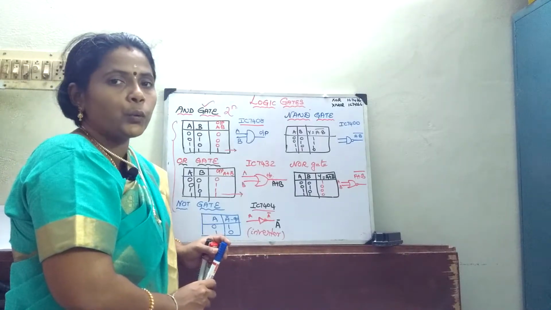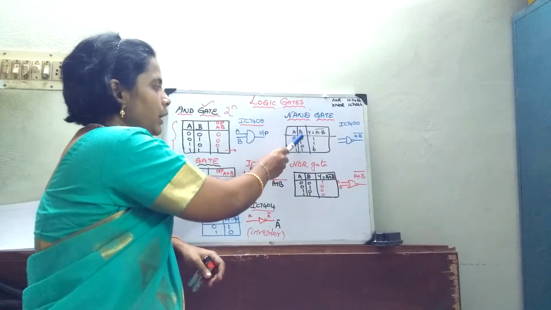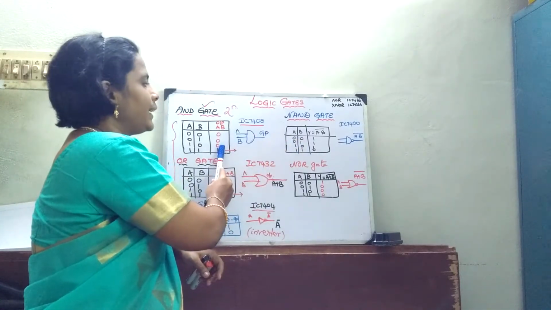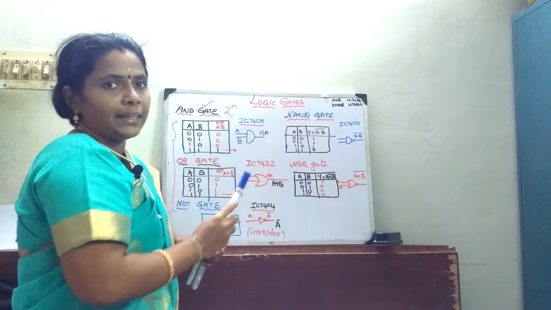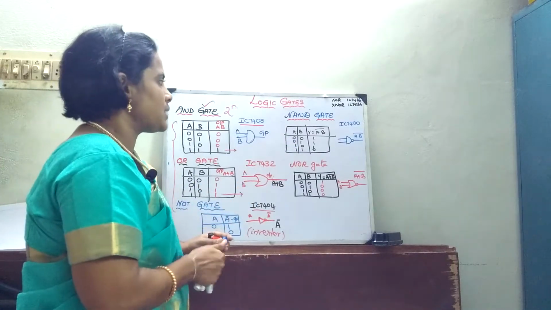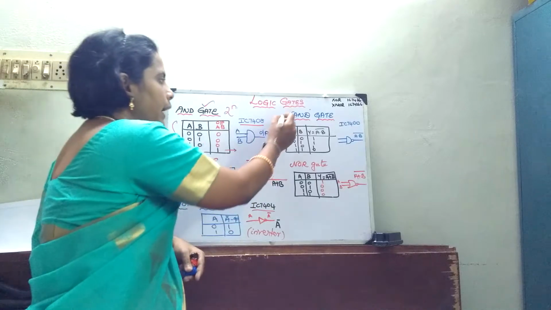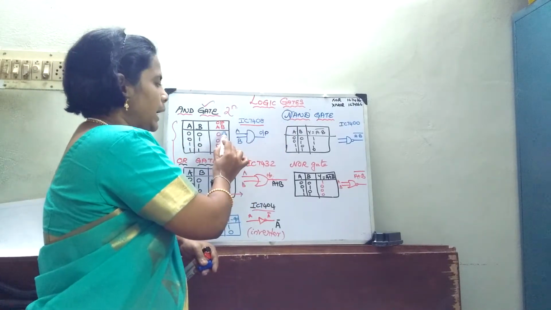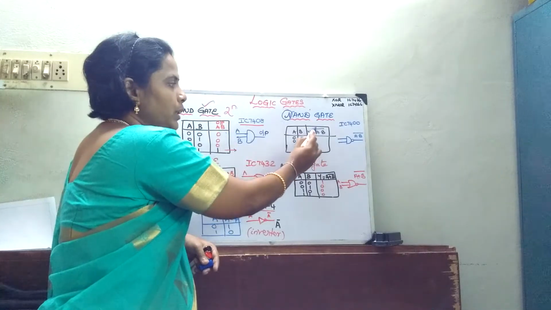Now we will move on towards working. So I have written the inputs. What is the difference you are seeing with respect to the AND gate and NAND gate? It is nothing but N represents that I am going to add a NOT gate. Here I am having the inputs as A into B. Here it is A into B the whole bar.